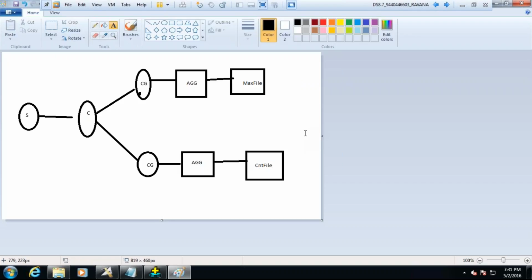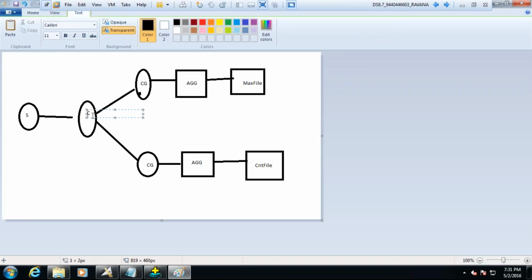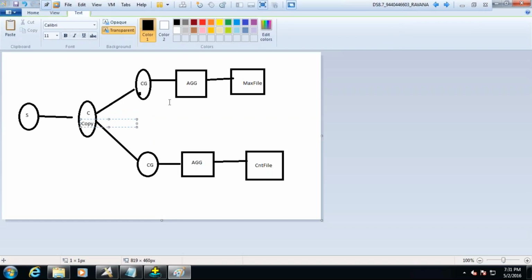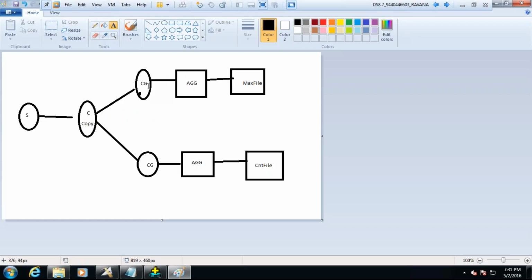Okay. So this is what my job is, right? Yes, sir. So any confusion in this job? No. No, right? So this is copy, where I have used the copy. Now this is source, column generator, column generator. Now can I tune this job a little bit? Tuning in the sense of performance tuning. Can I reduce the stages?